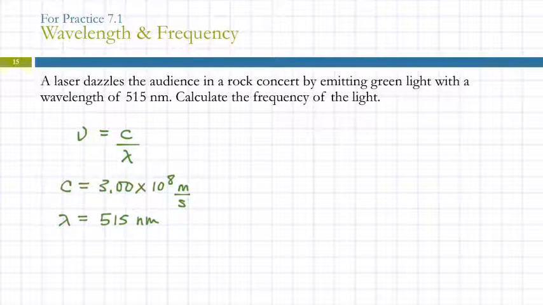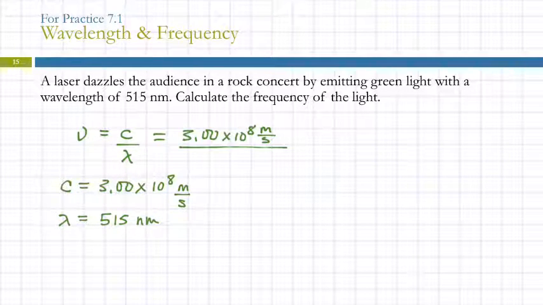Okay, so this isn't too bad. We just put the numbers in here, right? 3.00 times 10 to the 8th meters per second divided by 515 nanometers. How are those units going to work out? They're not. Frequency should have units of per second. So we want the meter and the nanometer to cancel out. So we should convert our